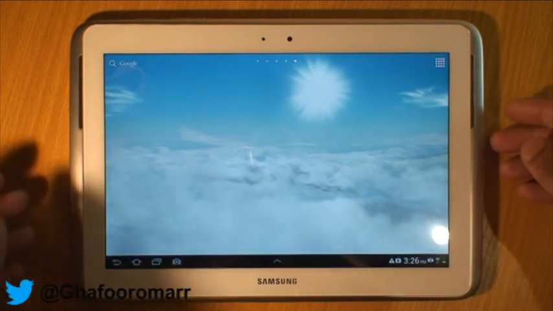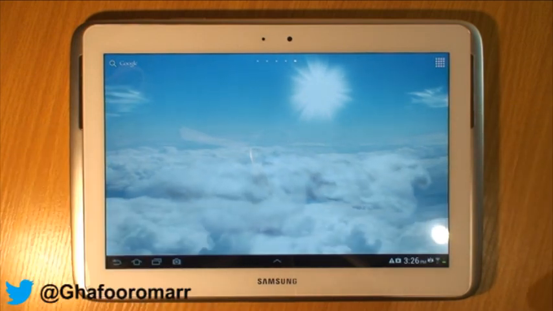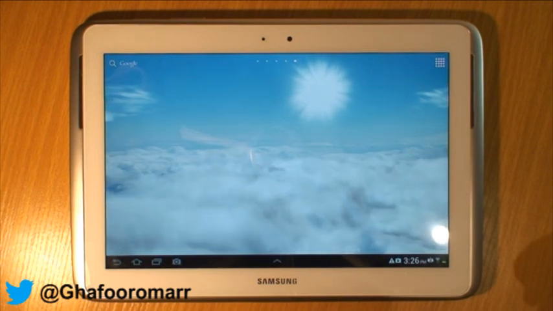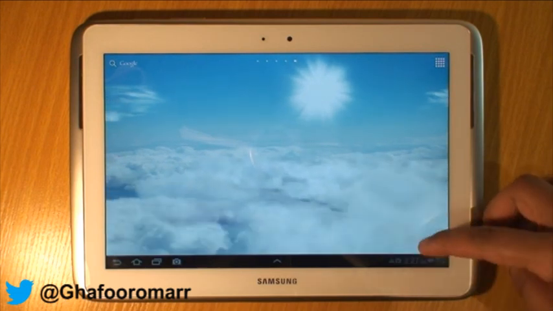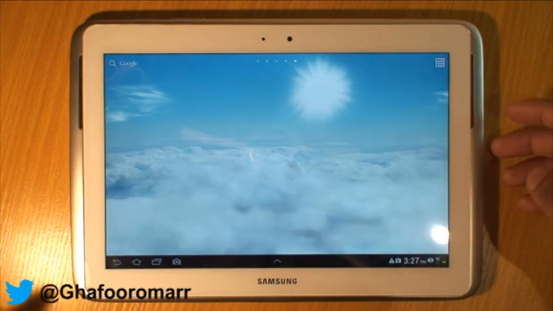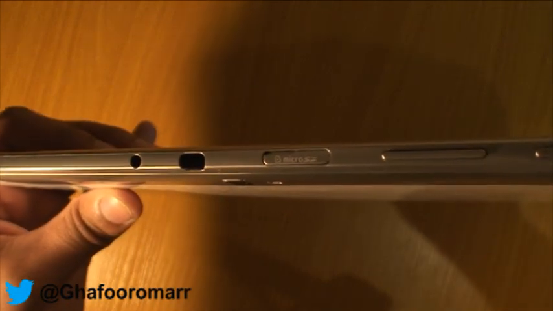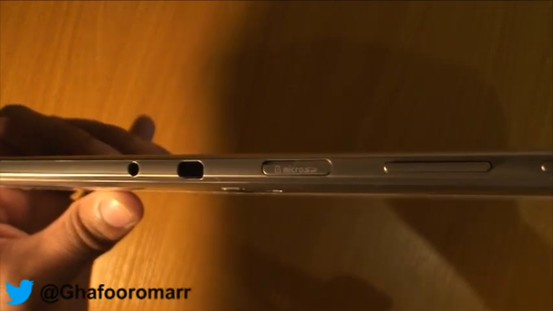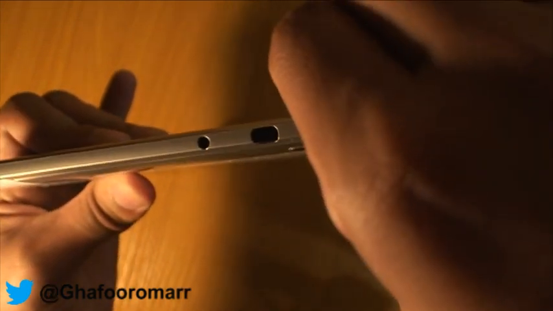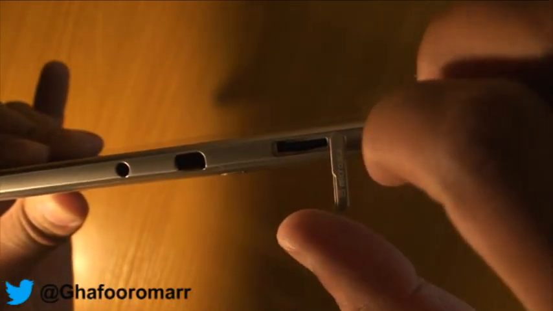The way you do this is you don't really need to turn off the device on these. They do support a kind of plug and play. So I'll just show you. On the top of your device, just turn the screen off, there will be a micro SD slot there. You just need to open that first of all, like so,